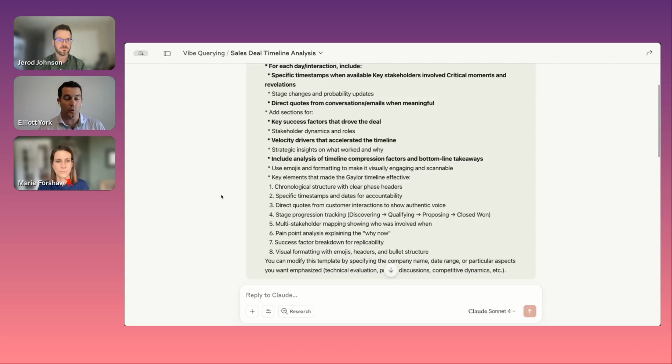So what I have found really useful is utilizing MCP. I can get a very well documented summary of all of that disparate information, a lot of it very qualitative in nature, but I can get it all in one place in a very digestible format, and it doesn't take long at all. And from there, I can just continue to ask additional questions to dive deeper on whatever it is I find interesting about that particular deal.